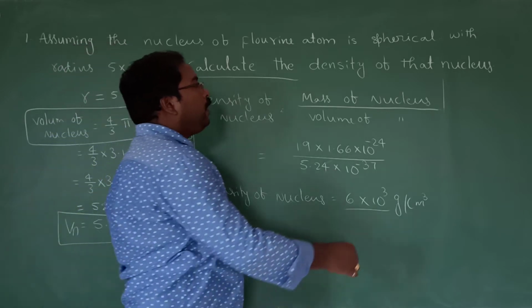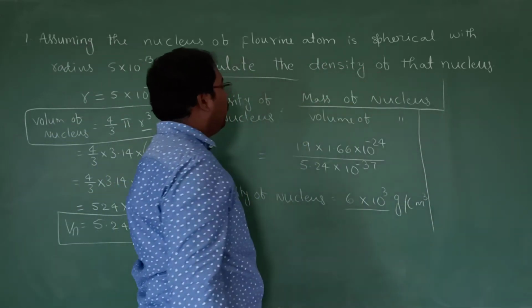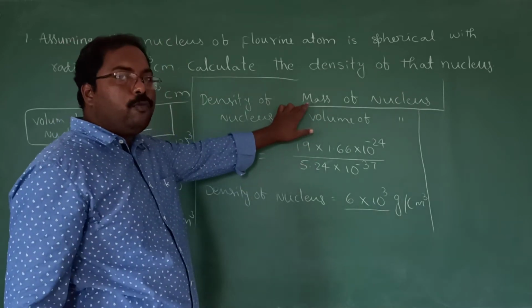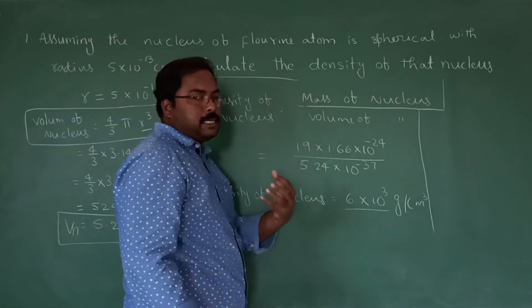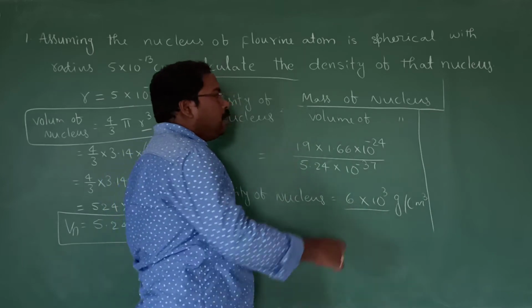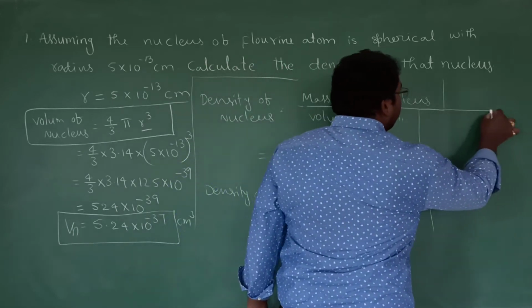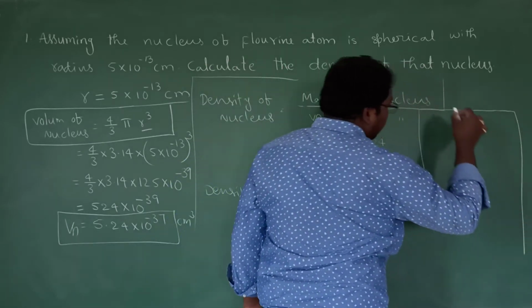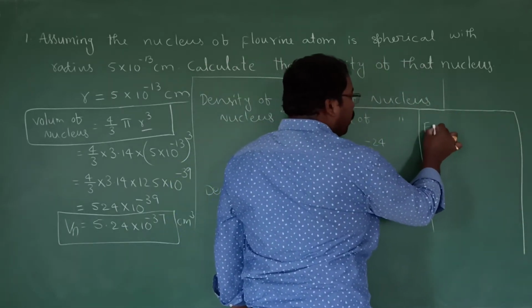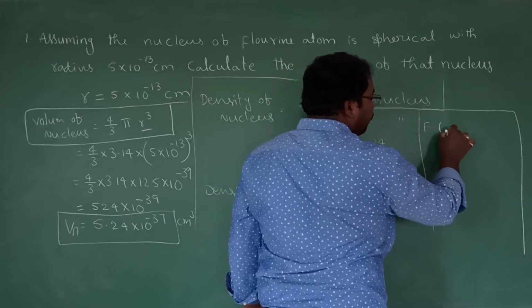And one more important point we need to remember is mass. How to find the mass of the nucleus? Because the nucleus contains protons and neutrons, whatever the atomic weight is, that will be the mass of the atom. For example, if you take fluorine, we know its atomic mass